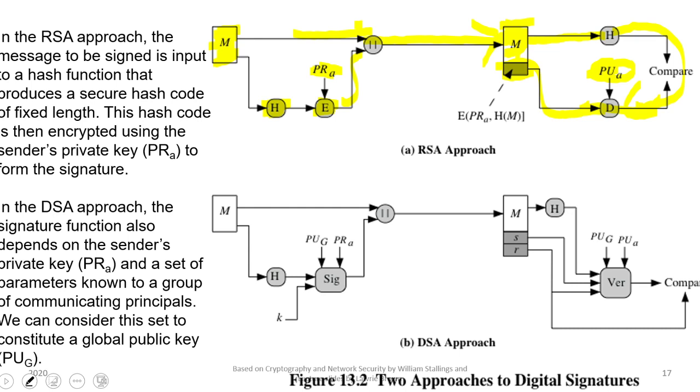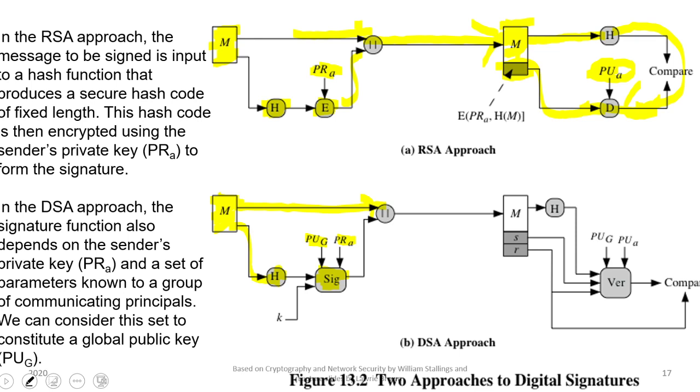Again, we would start with a message, and that would later be combined with the output of the operation. Again, we would go into creating a hash. Then the signature function would use the private key of the sender. But in addition to that, it would also use a global public key